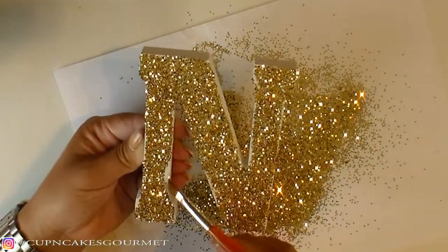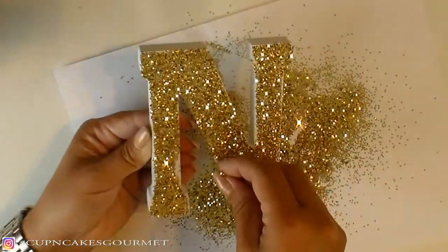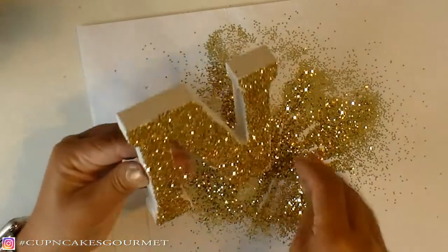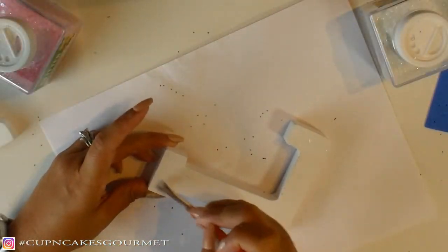Just like that. There were some pieces that I thought I didn't cover as well, so you can just put a little glue, and then you're perfect, good to go. So now, with the other 2 letters that we're missing,